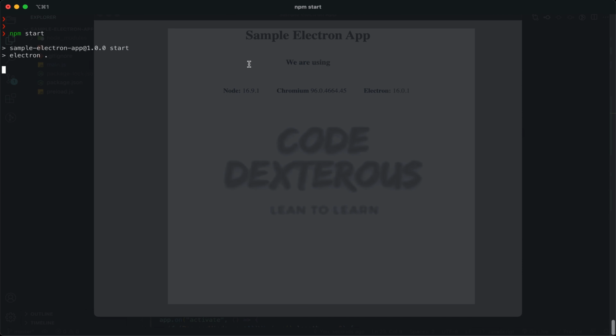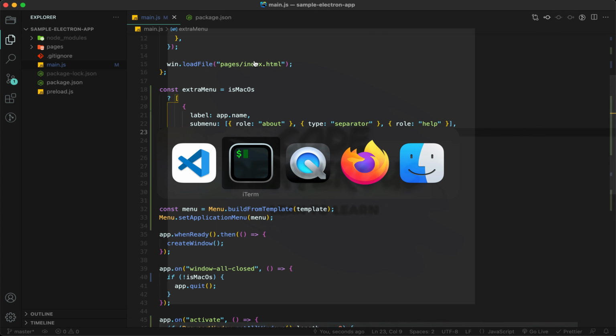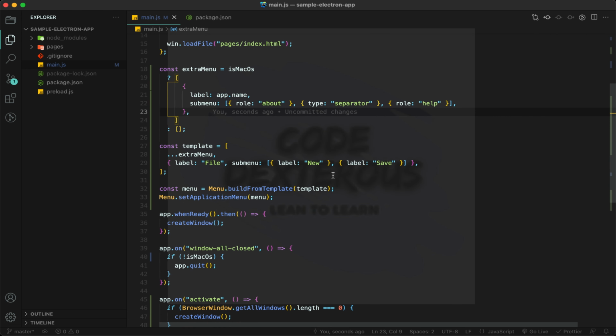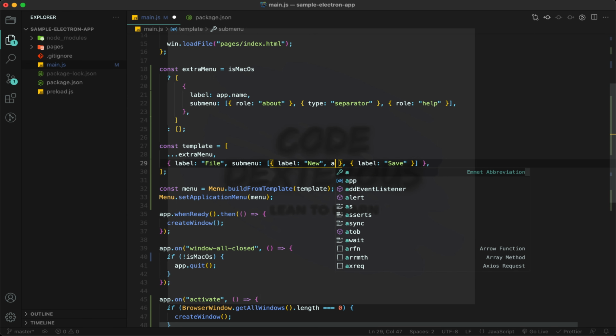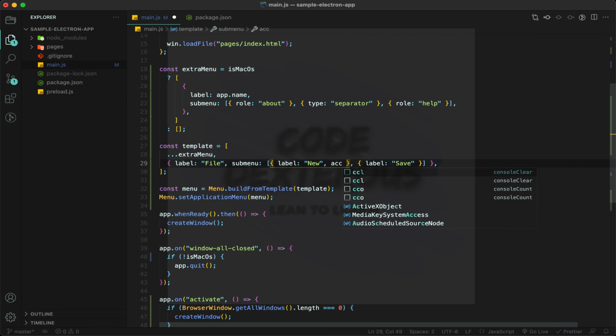So let's close this one, and I'm going to add some more options here. In case of the label, I'm going to add an accelerator. An accelerator is like a key binding.